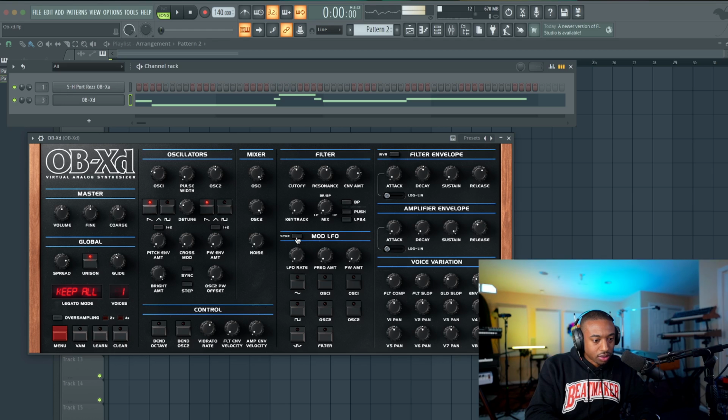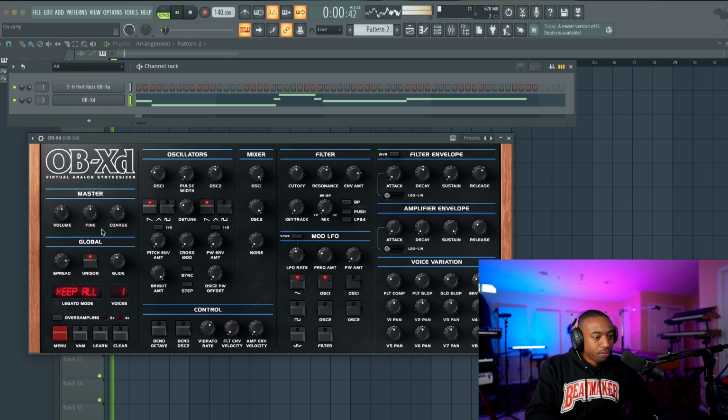Let's add some vibrato to this sound so it sounds a little more alive. Let's do it. I also like it back in the lower octaves.